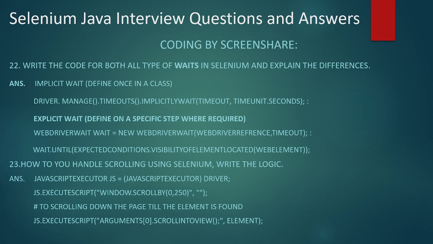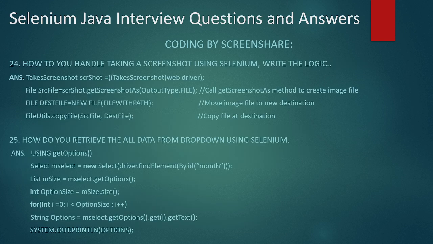Okay, the next one: how do you handle a screenshot? Yeah, this one I already discussed in the listener class, guys. Suppose you want to take a screenshot of any submission or a failure. Okay, so this is the syntax. TakesScreenshot is the interface, guys, so you have to just create a variable for it. Then, using the screenshot variable, you have to call that method